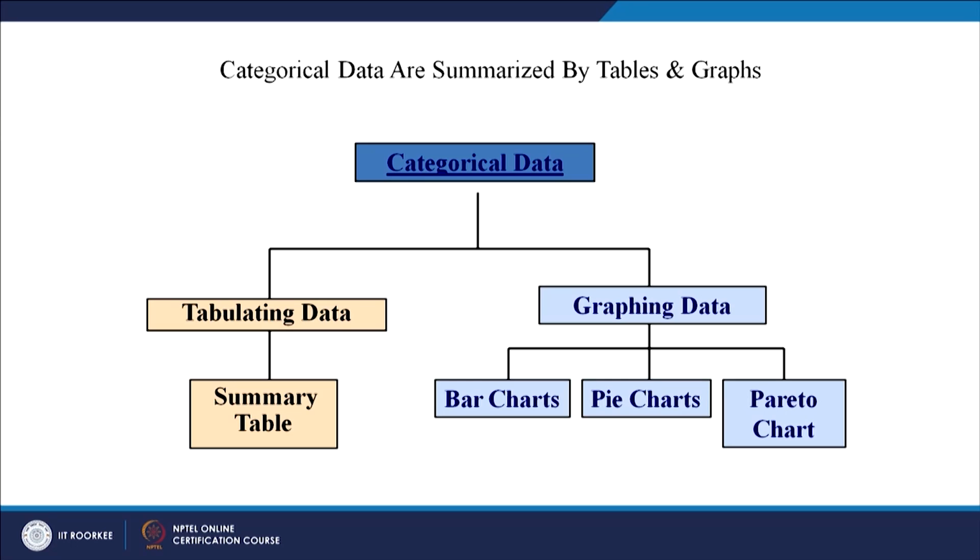So, as I said, basically there are two types of data, metric and non-metric, right. So, you can call them categorical and non-categorical, is it not? Let us look at categorical data first. We can summarize categorical data by tables and graphs. So, we have tabular data and graphical data. In tabular data, we can represent data in a table form, and in graphical data we have bar chart, pie chart, Pareto chart, and there are hundreds of other charts. So, we would be looking at very few data presentation techniques.